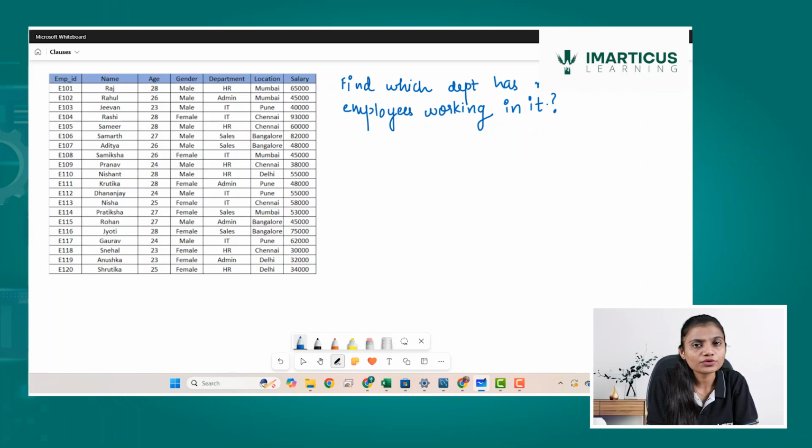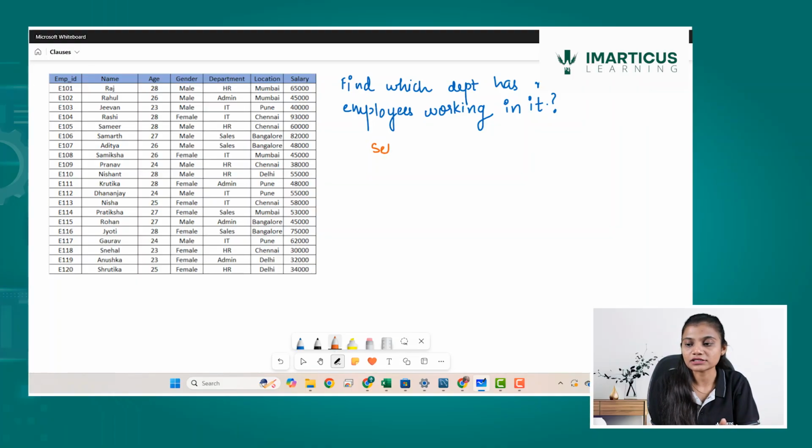So if I want to filter out the data in such a way, how will I proceed further, and what are the do's and don'ts? Let's try to understand. First, let's find out how many employees are there in each department before filtering.